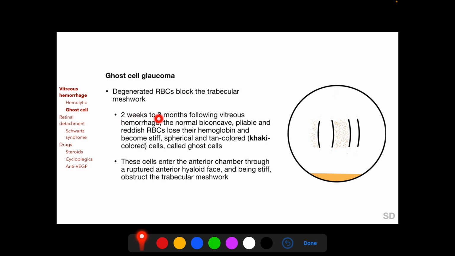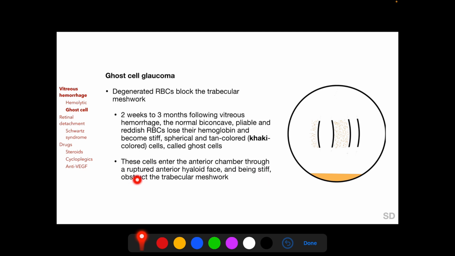2 weeks to 3 months following vitreous hemorrhage, the normally biconcave, pliable, and reddish-colored red blood cells lose their hemoglobin and become stiff, spherical, and tan or khaki-colored cells called ghost cells. This degeneration of red blood cells is said to occur when these red blood cells are exposed to the vitreous. These ghost cells then enter the anterior chamber through a ruptured anterior hyaloid face, and being stiff, they obstruct